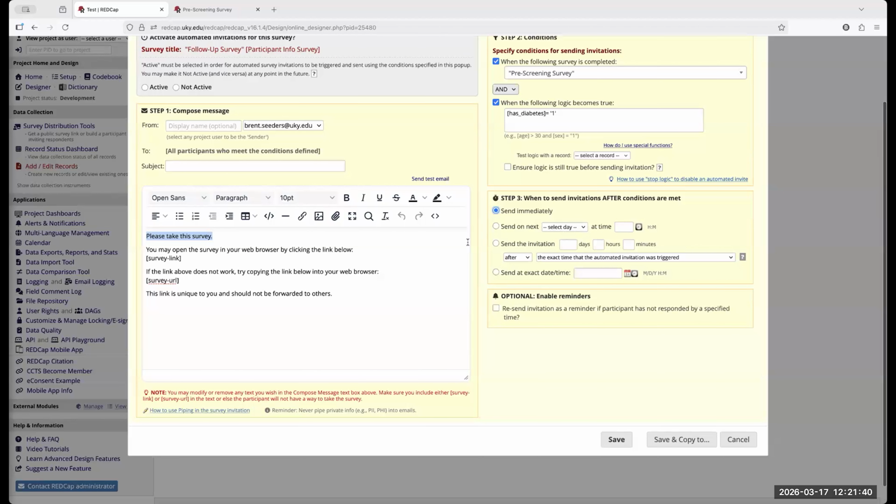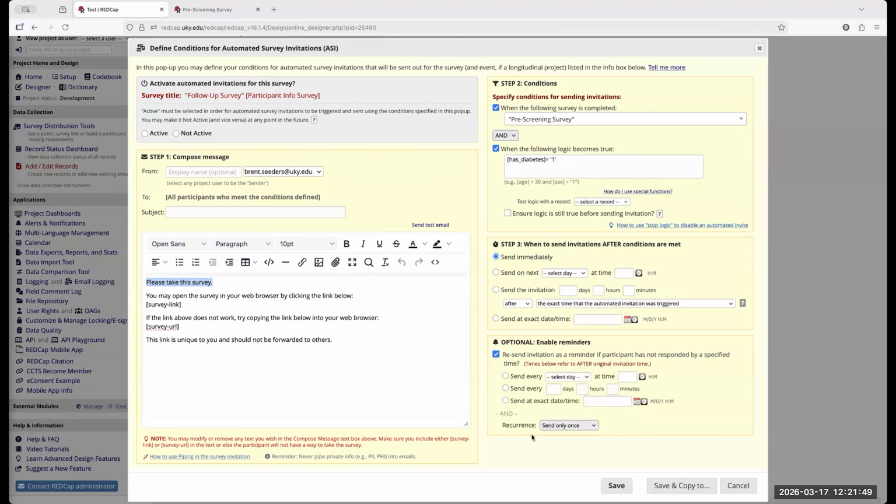Once we have a date set or a time, whatever, if you want to do optional reminders, you can. REDCap will continually send these reminders. So again, if you have this going to 1,000 people, you may not want to put on the reminders because sometimes REDCap will send you a reminder. Hey, I just sent out a reminder to this person or that person or whatever. And a lot of times these reminders can be annoying, depending on who your audience is. Obviously, we don't want to annoy the people that we're trying to collect data from.